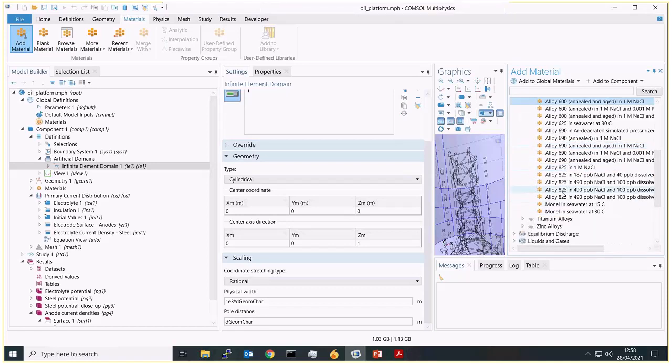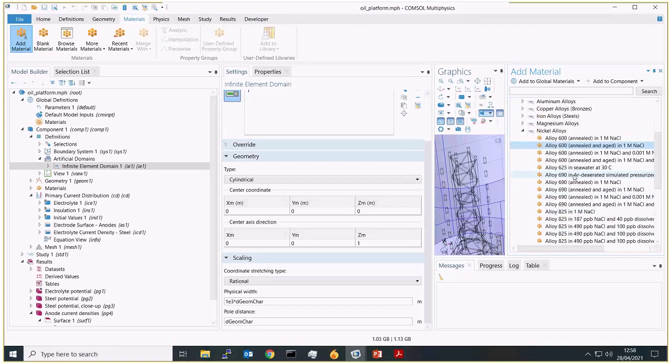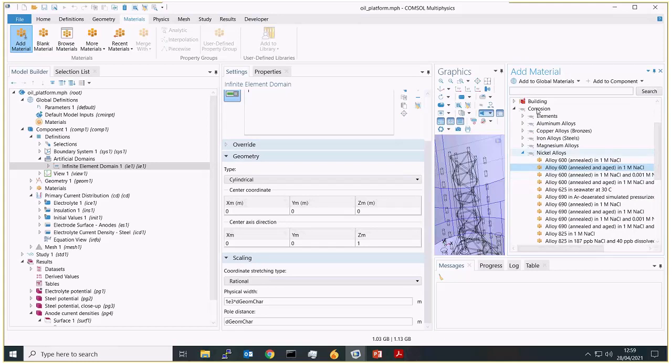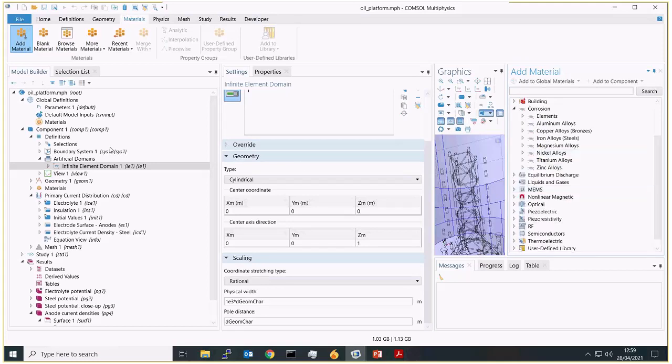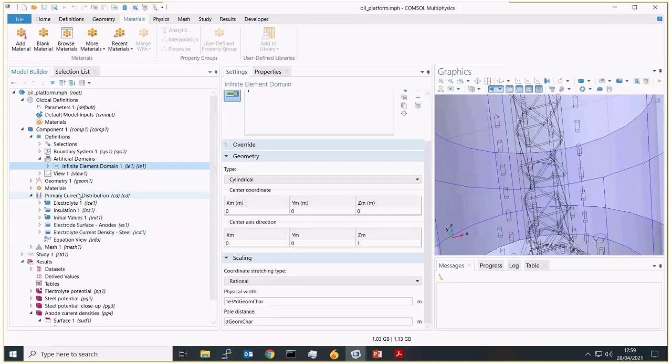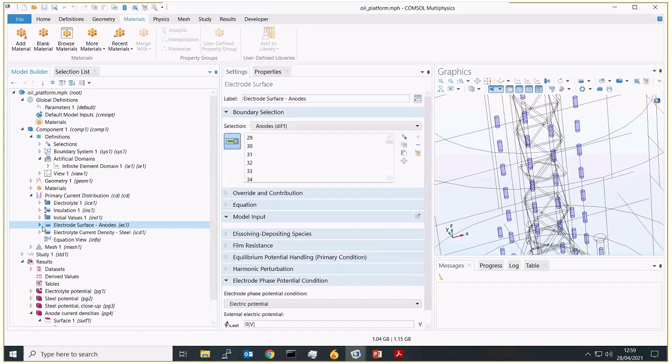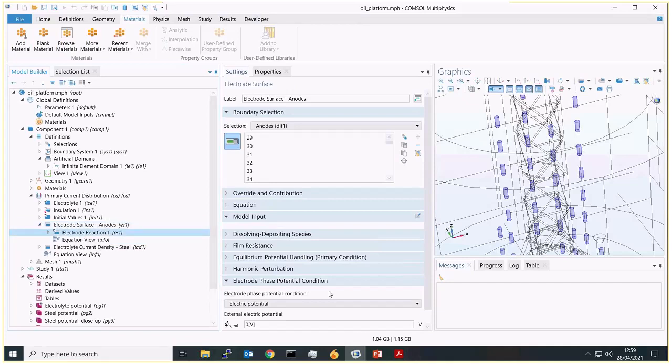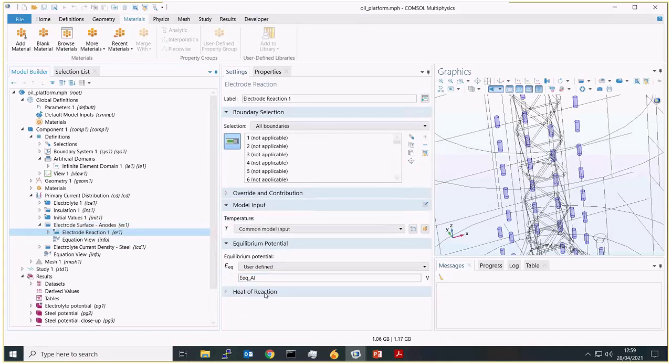So I guess that would be as close to real field data as we have. Otherwise, the definitions of the reactions are mainly used to define which processes are going on. So the main definition will be in our electrode surface, where we're defining our equilibrium potentials and our exchange current densities.